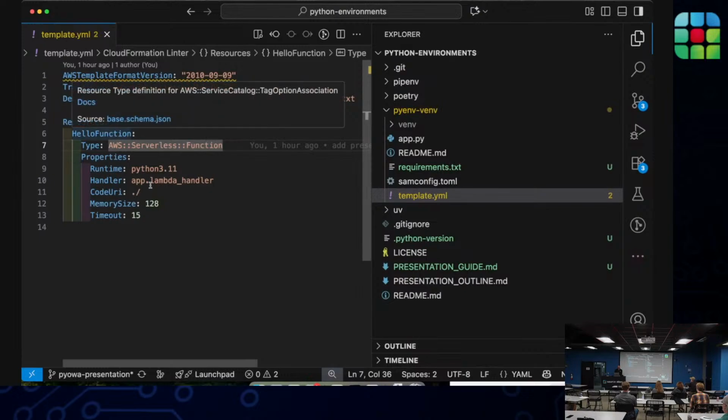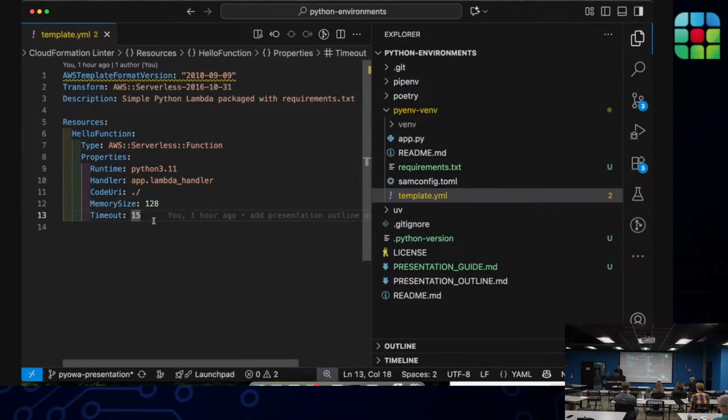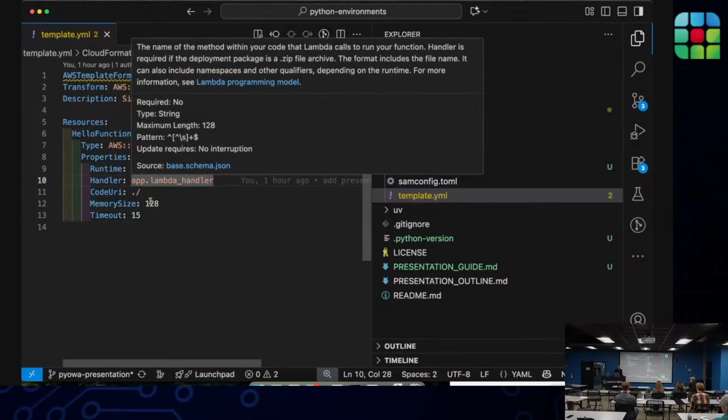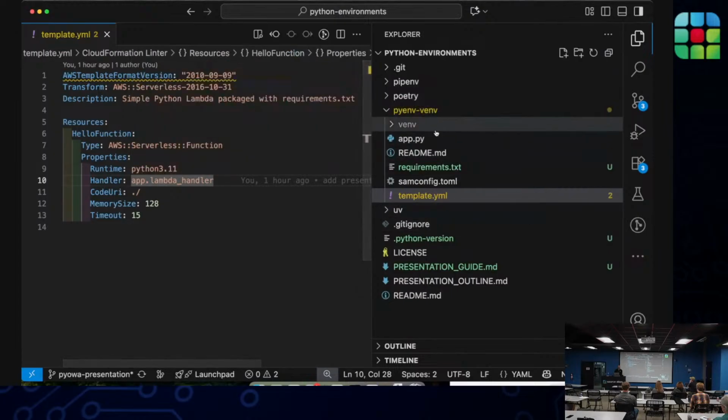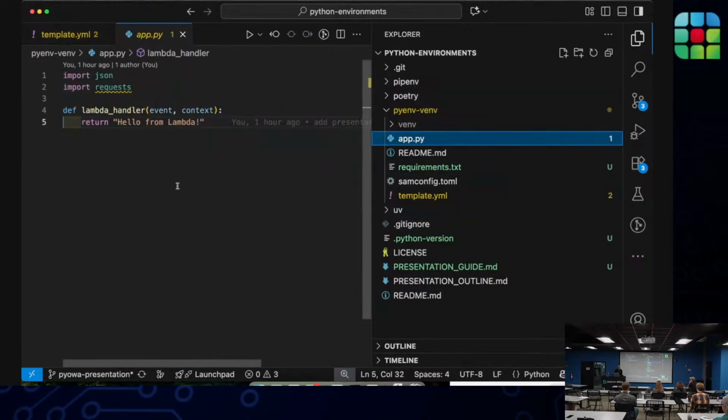What this has is a serverless function in it, which is a higher abstraction layer for a Lambda function, if you've heard of those. Just a small piece of compute that can pop up and be available and then go away. What this Lambda function has defined is a few different parameters, and then it points to a file named app. That's just a Python file, and all this code is meant to do is return a string, hello from Lambda.